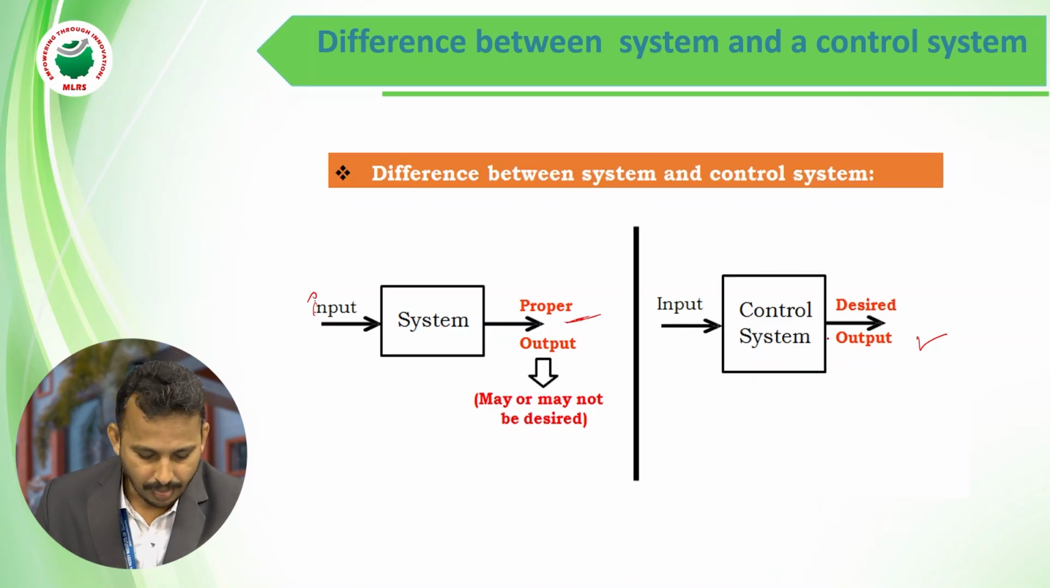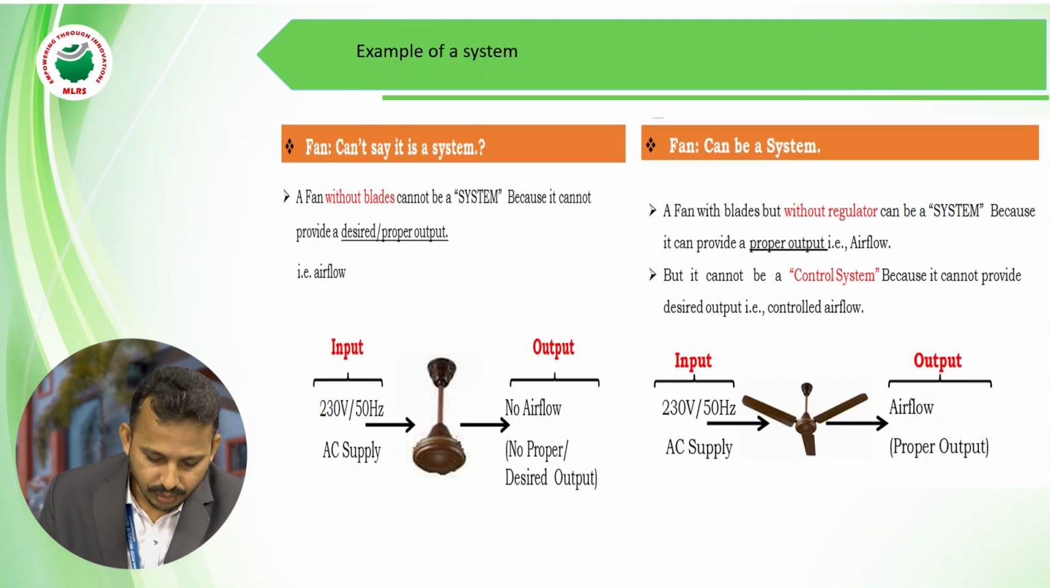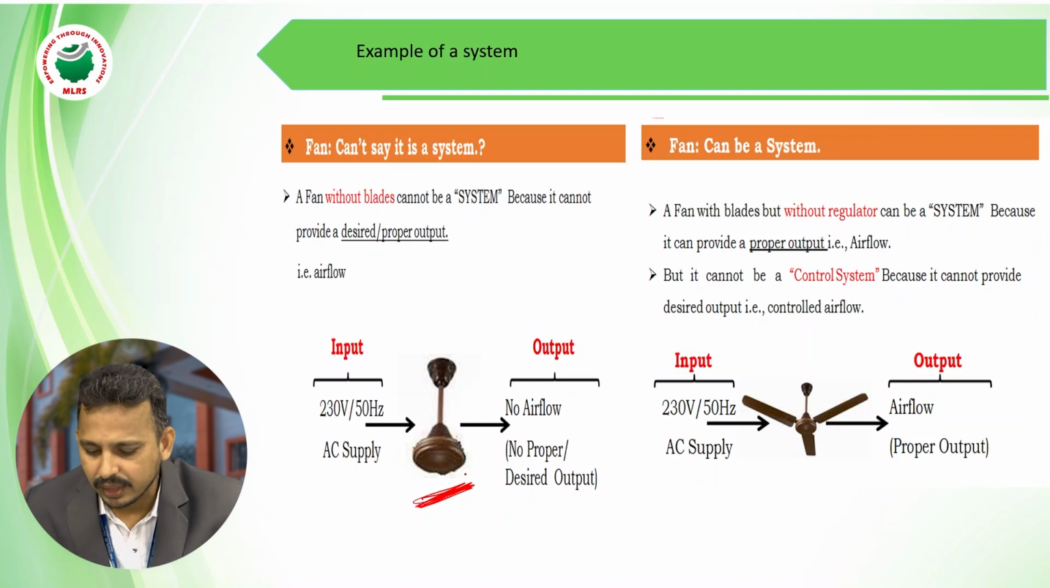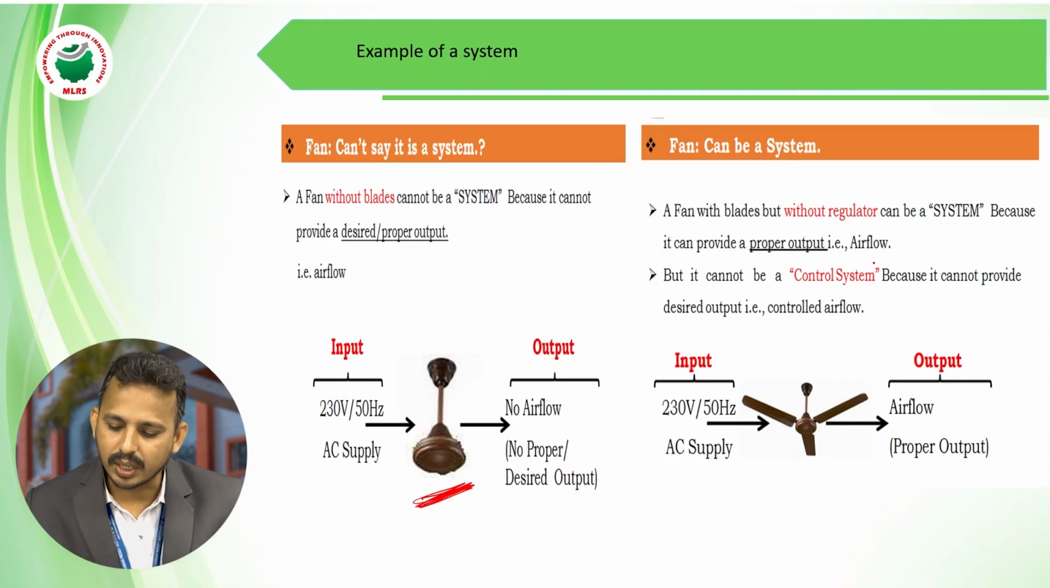a feedback concept. A few more examples of systems and control systems: a fan without blades cannot be a system because it cannot provide a desired or proper output, or airflow. So you can visualize the picture of the fan without blades. And a fan can be a system with a proper output. The fan with blades and without a regulator can be a system because it can provide a proper output,